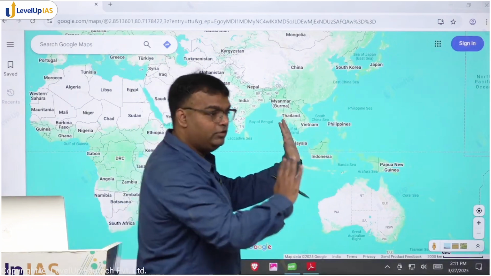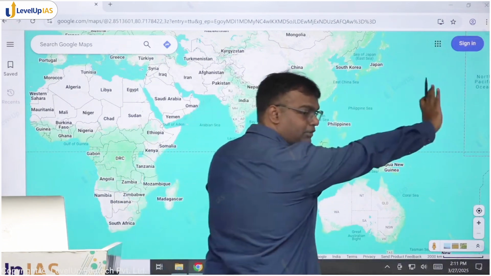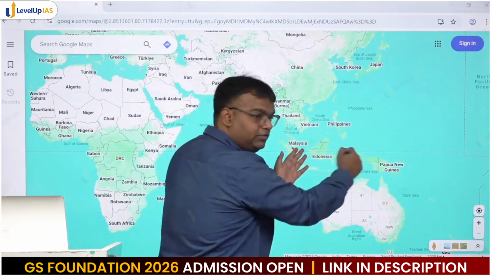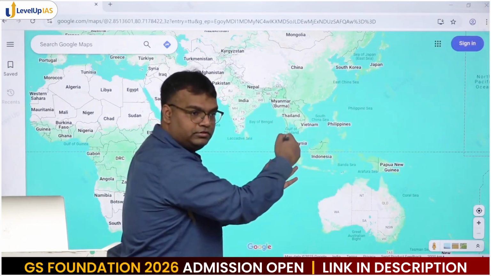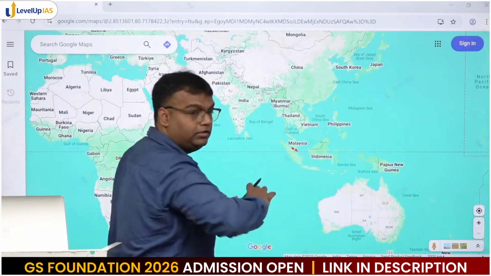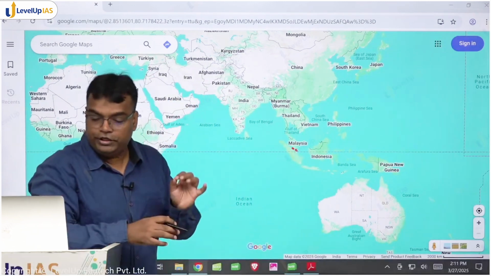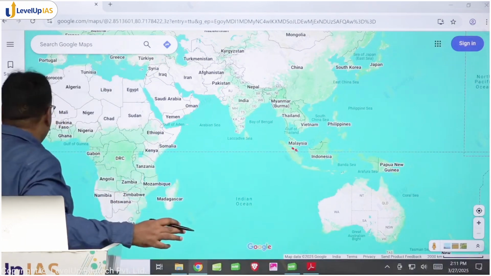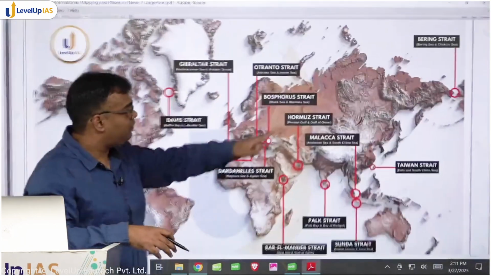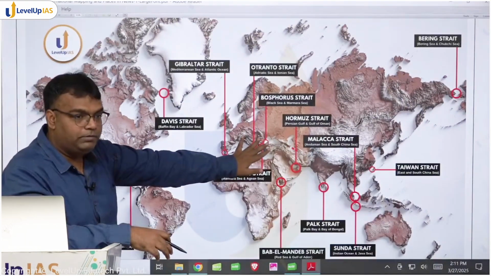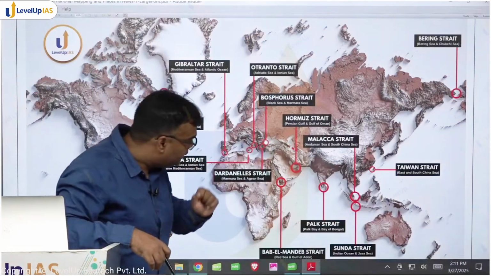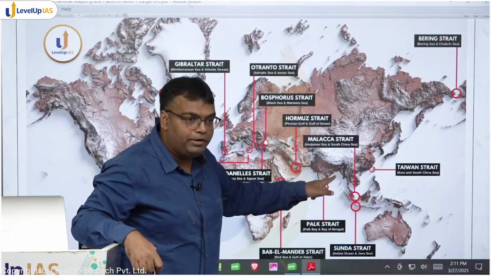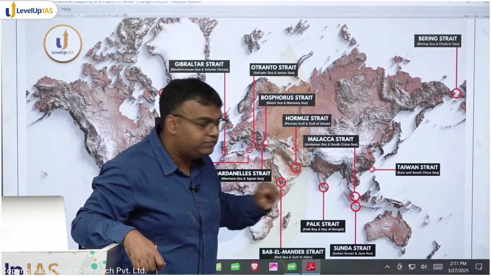Or in a way, on this side we have the Pacific Ocean. On this side what do we have? The Indian Ocean. So it is connecting the Pacific Ocean with the Indian Ocean. Are we getting it? We will study each of these straits in more detail, the neighboring countries in more detail. We are just trying to summarize all the important straits at one place. Then if you come to Palk Strait, it will connect Palk Bay with the Bay of Bengal, this we know.